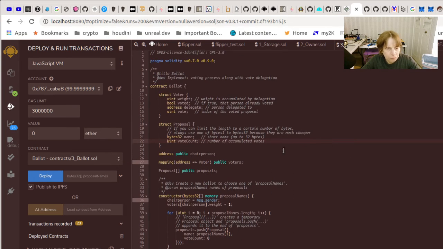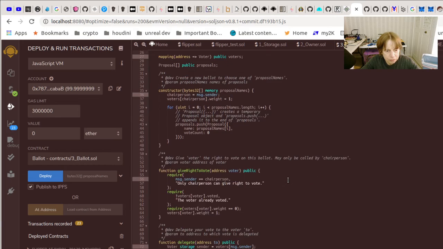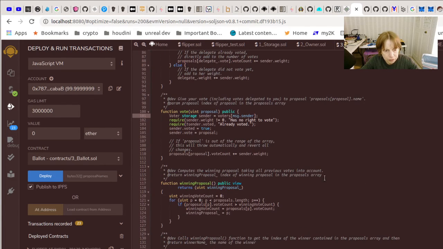This is relatively simple. There's no inheritance or anything complex in that regard. It does not use modifiers, but this is a good example of a basic Solidity contract that's a bit more involved than Flipper. But again, if you are familiar with Java, Python, C++, as a Java programmer, the things that